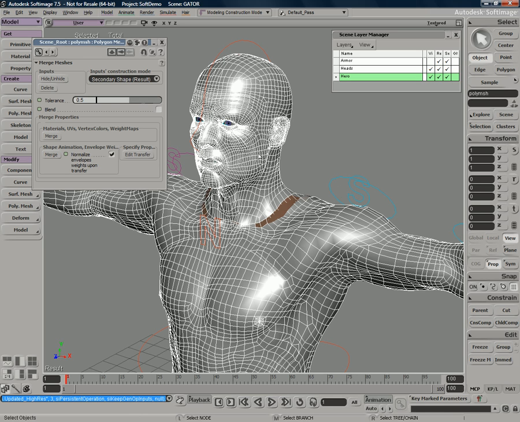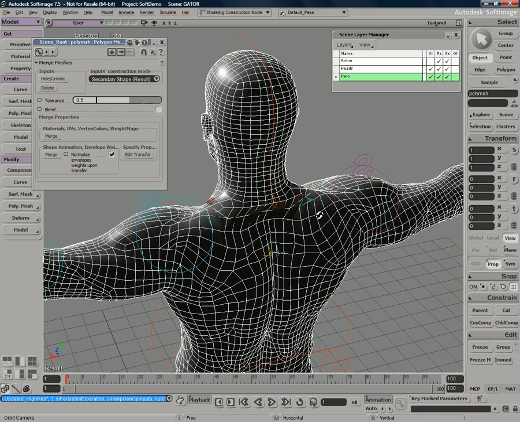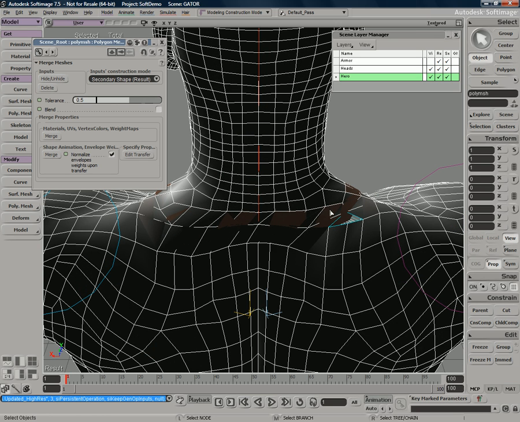The default material is back. There's no shapes, no envelope weights. None of that has been transferred over. And we also don't have a very good seam here where we've merged the two objects together. So first, with the merge property page that popped up, go ahead and just